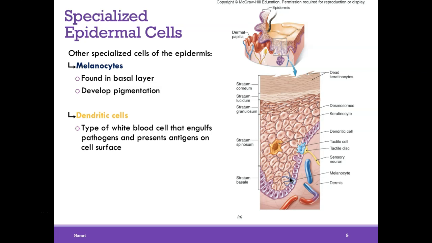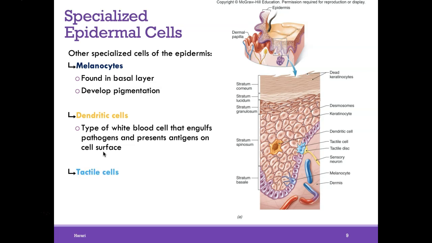Dendritic cells are found in the 2 layers of the epidermis called the stratum spinosum and the granulosum. These are immune cells. They're white blood cells of the immune system that can engulf pathogens by phagocytosis. And they could basically stand guard against any toxins, microbes, or pathogens that want to penetrate into the skin. Dendritic cells are also cool because once they engulf the invader, they can present some of the pieces of that invader on their surface to alert other cells of the immune system that there's something going on, that there's danger,